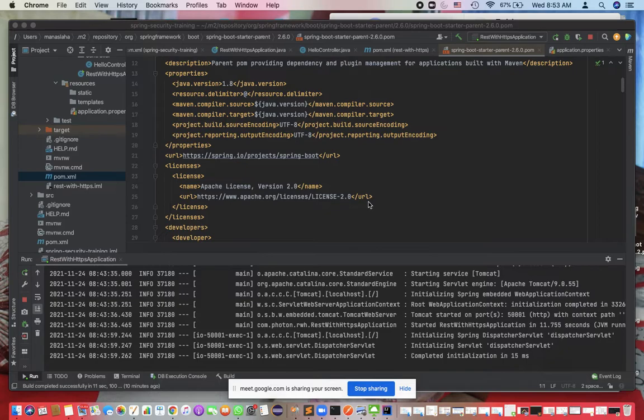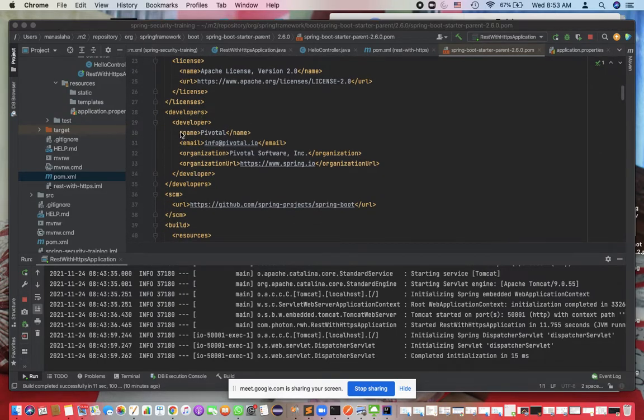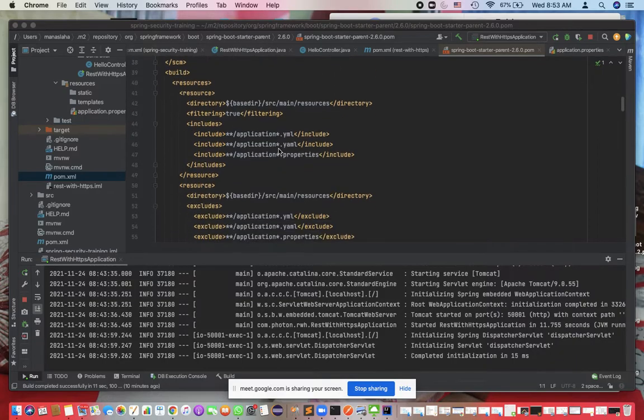Then the properties URL, and what license it has. This is the developer, meaning the Spring maintainer. There is a company called Pivotal that maintains all of this. Then this is the GitHub Spring Boot project.